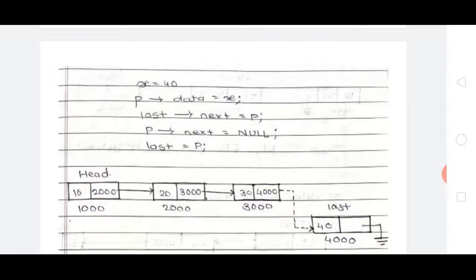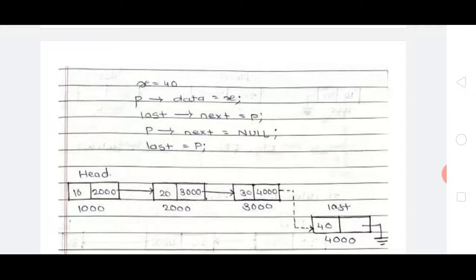By using this memory block, we can insert element 40. After creating the new memory block, pointer p is to be set. Means that pointer p is pointed to the data field is equal to x. Whatever is stored in variable x is assigned to the data field.